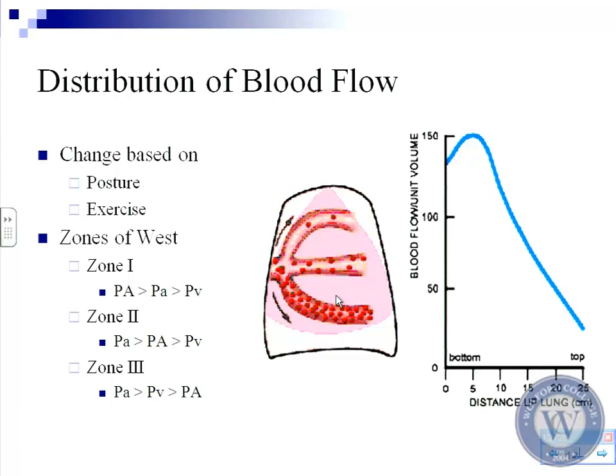So where is this at? Where's zone 1? It's at the top of the lung. It's the apex of the lung. It's right up here. So the top of the lung has no perfusion going through it. Okay? This is the equation here: PA is greater than Pa, and Pa is greater than Pv. Okay? And then you have zone 2, which is the hardest place